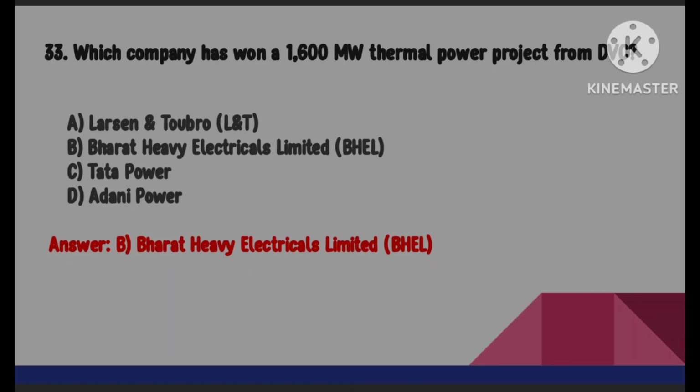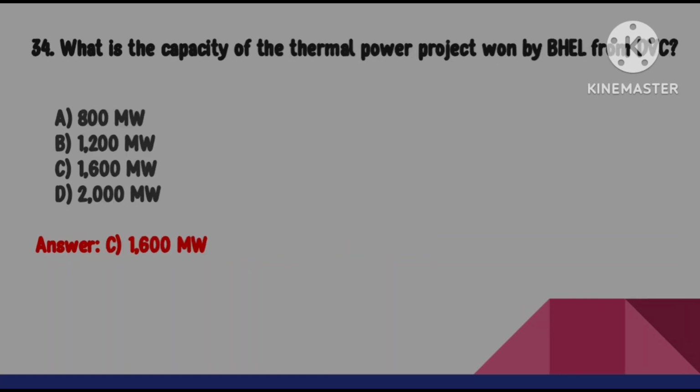Which company has won a 1600 megawatts thermal power project from DVC? Option A, Larsen and Toubro. Option B, Bharat Heavy Electricals Limited. Option C, Tata Power. Option D, Adani Power. And the right answer is option B, Bharat Heavy Electricals Limited. And the next question is, what is the capacity of the thermal power project won by